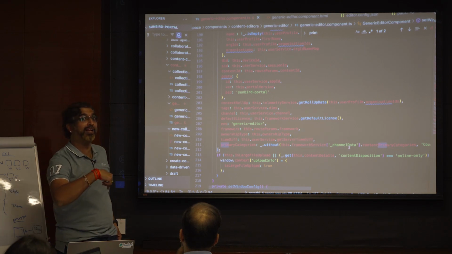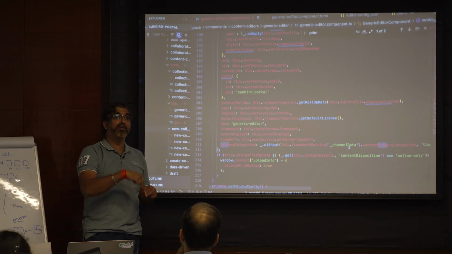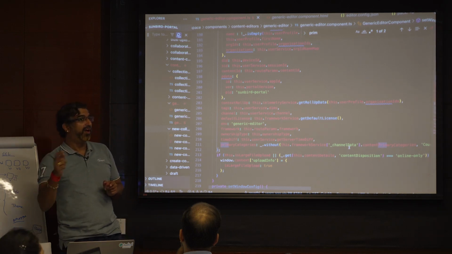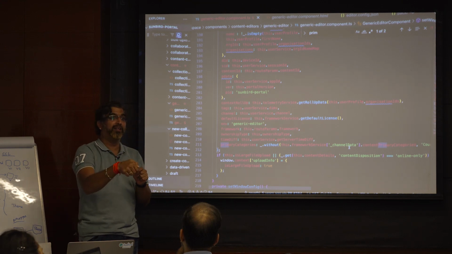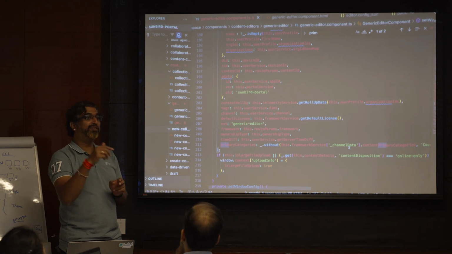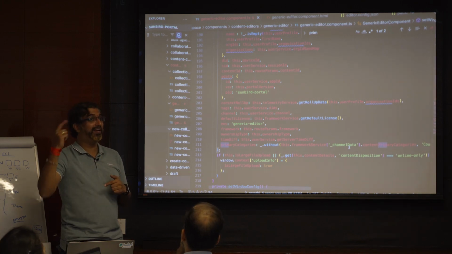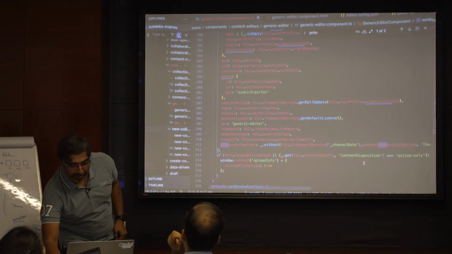Because the user is logged in, the portal knows which user is logged in, what is his channel ID, and the content has to be created for that particular channel ID. For that user also, all the user specific information. The owner is that user. All those things will be understood by me, not by the editor. The editor just wants it as an input. So those things are sent over here.